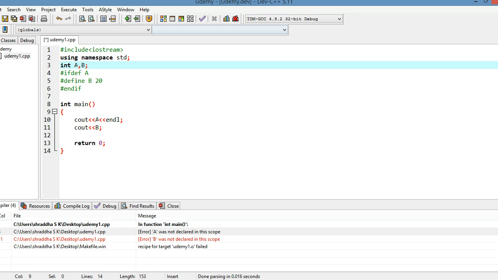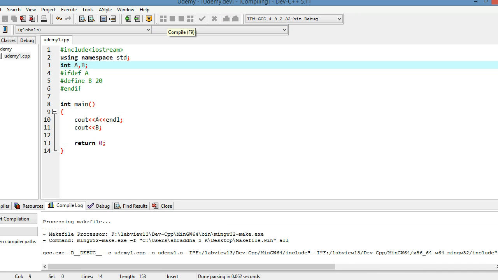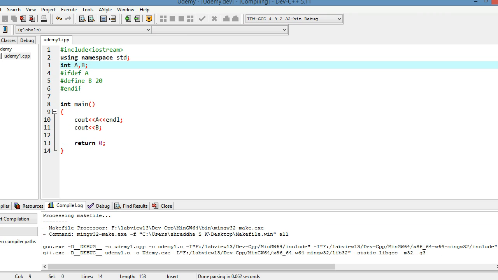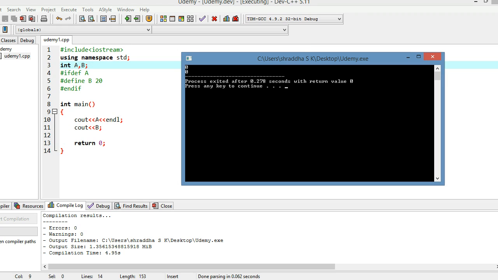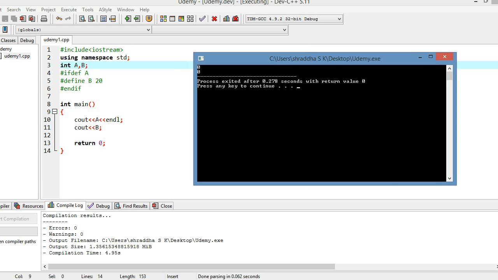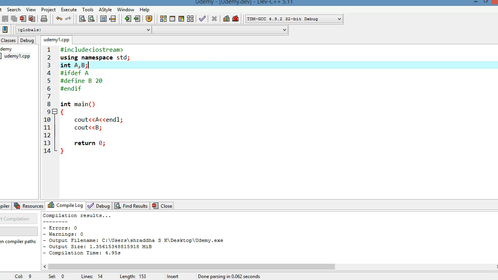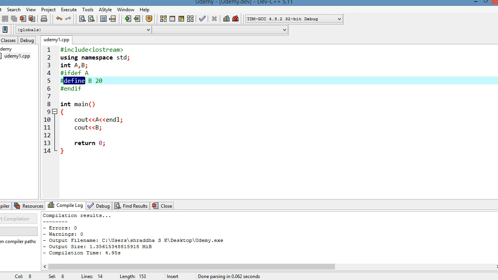I have declared it as a global variable and now I am going to execute it. It got executed, but the values became 0, 0. If you declare something as a global variable, the default value assigned will be 0. The earlier time we got an error because A and B were not defined or declared anywhere using the #define macro.